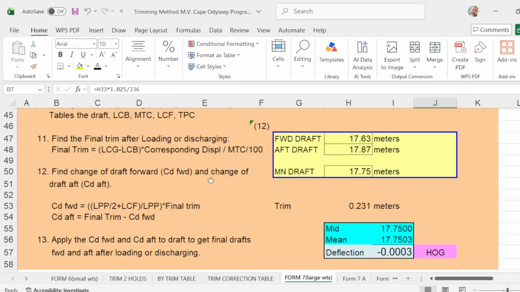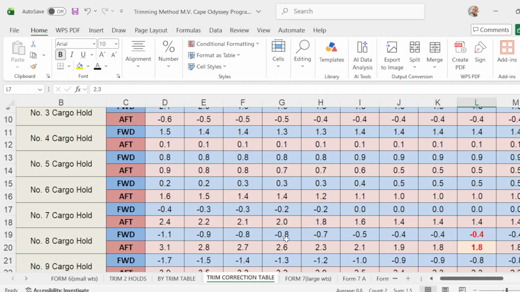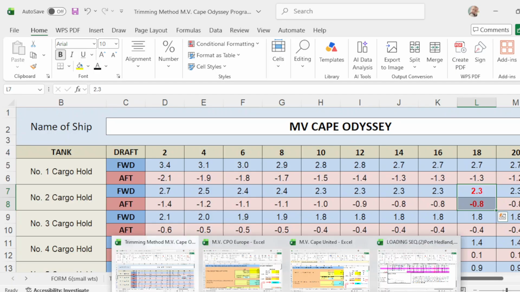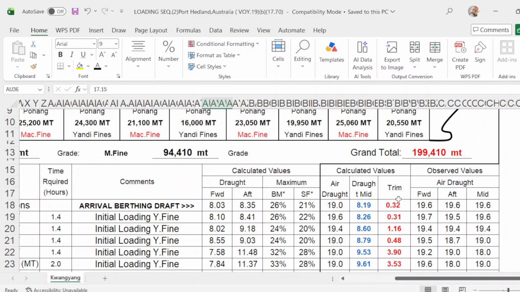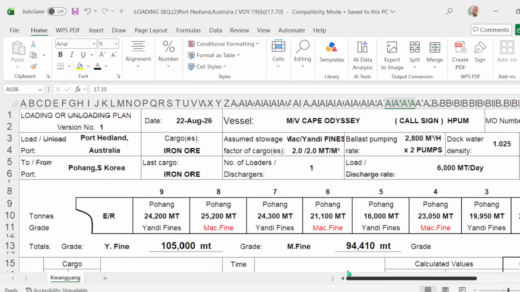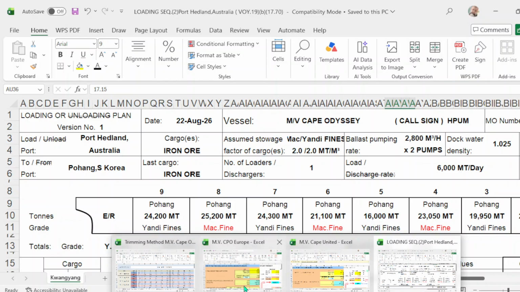This is for the vessel Cape of the Sea, which is according to the sailing plan, or loading plan, of Cape of the Sea. Now, we will apply this to another capesize vessel, using the same loading plan. So we go now to CPO Europe,